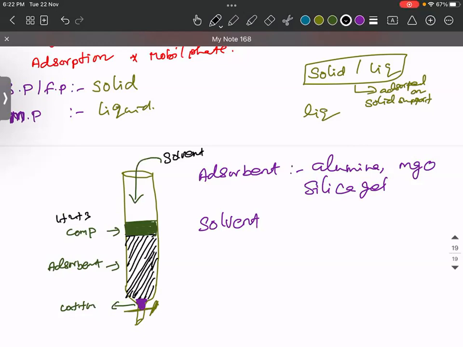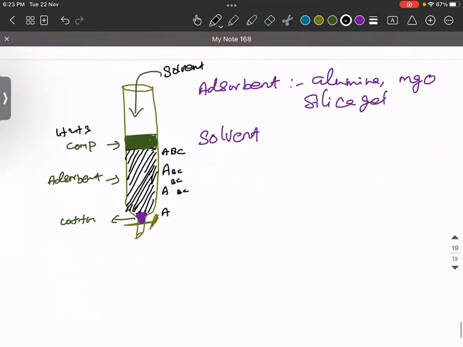So first, A, B and C will all be together. Next, A is more than B and C. Then A is more, and B and C stay here. At last, a band forms. When using the same polarity, how do we measure this? Before this, you should know